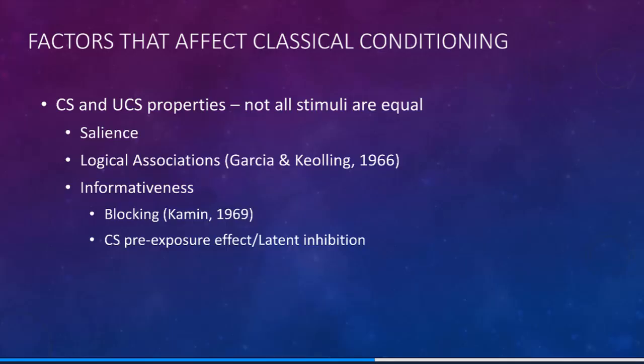Okay, hopefully you've read the Garcia-Koelling paper and done the reflection on it. One thing I forgot to mention about salience before I ended the video is that salience can differ across species. This is something called species-specific conditioning. What this means is that some cues are ignored by some species, and this is just because they can't detect them